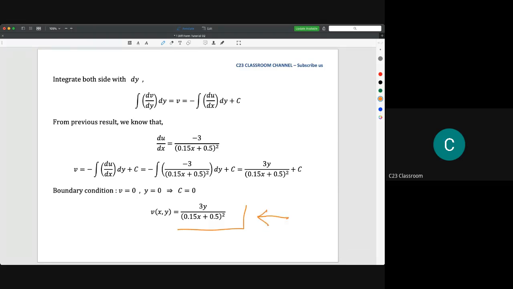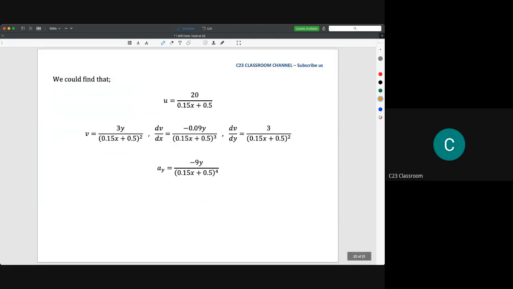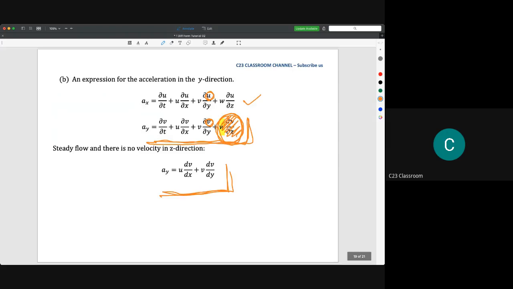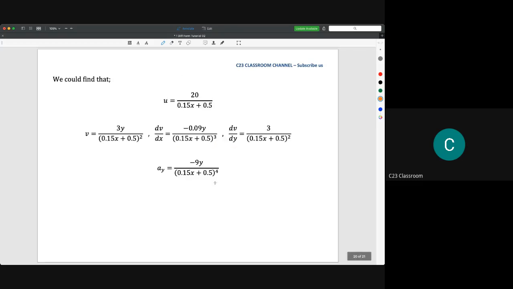So it means that the location of x will give you velocity u, and the location of y is showing the dominance of v. What we need to do is substitute these four items: what is u, dv dx, and what is v, and what is dv dy. We could calculate this by using the previous